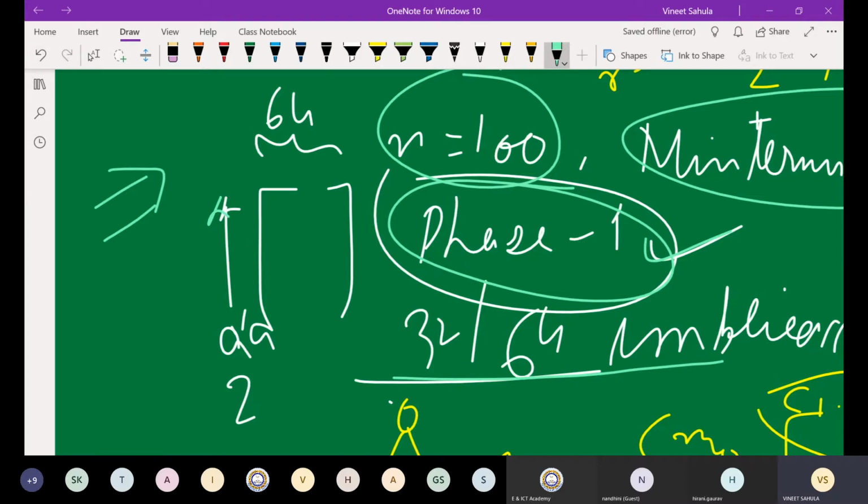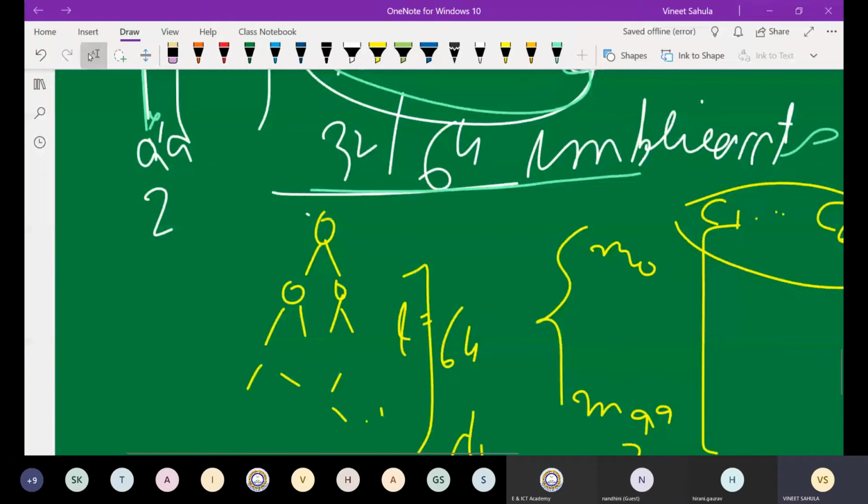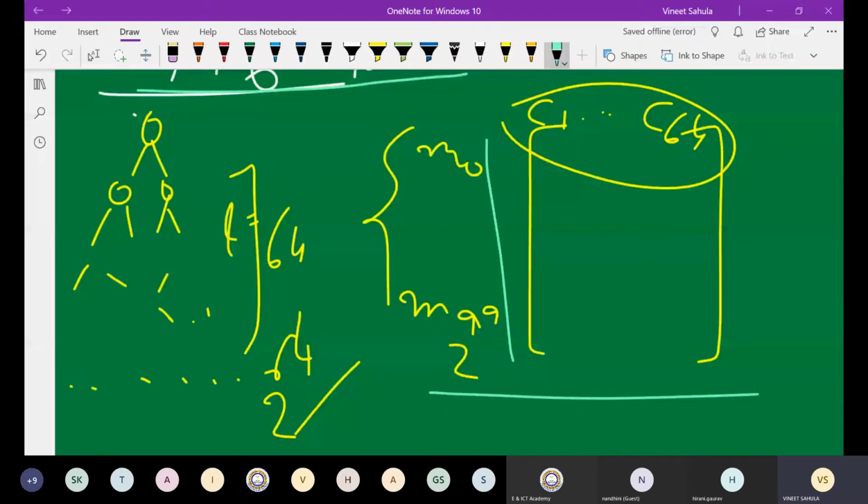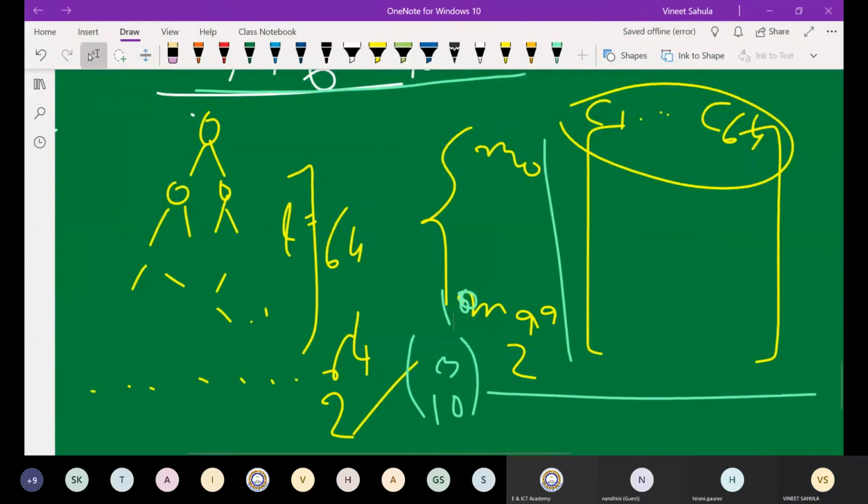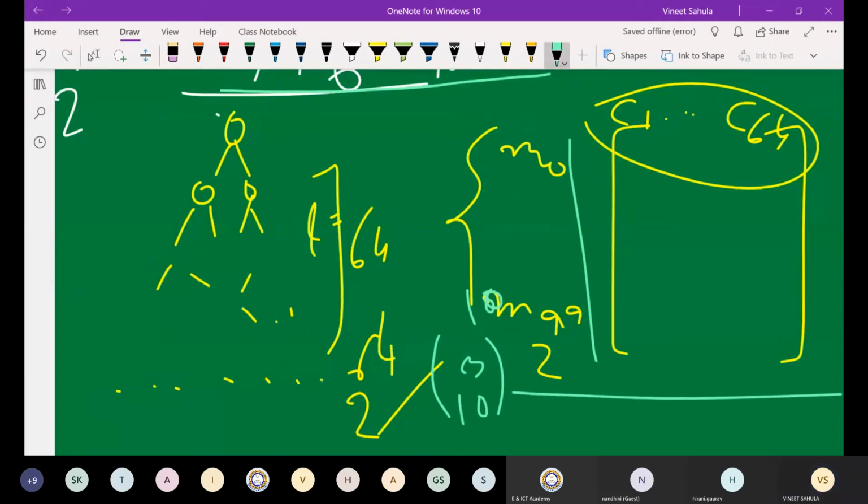Columns are 64. Fine. If you have 64 columns, how would you handle it? There will be a matrix, 64 columns. If you still say these minterms are handleable, which are 2 to the power 99, that is about 10 to the power 30. Nobody can handle this number, I show you. But I'm at a different problem. The problem I'm indicating is the columns are 1 to 64.